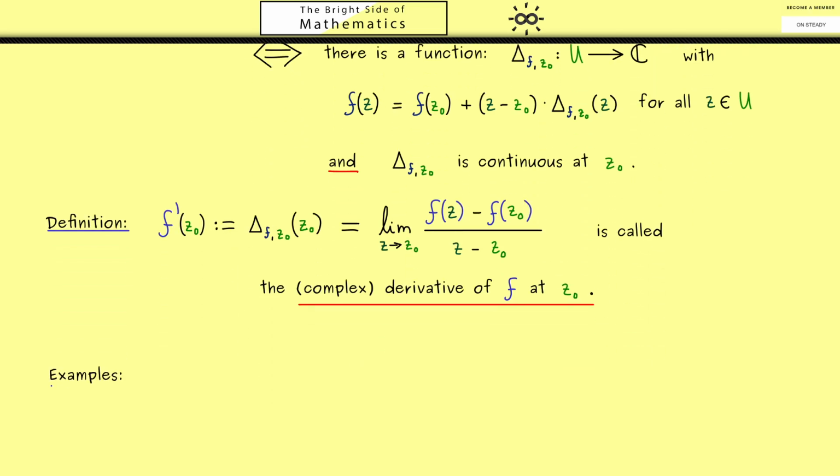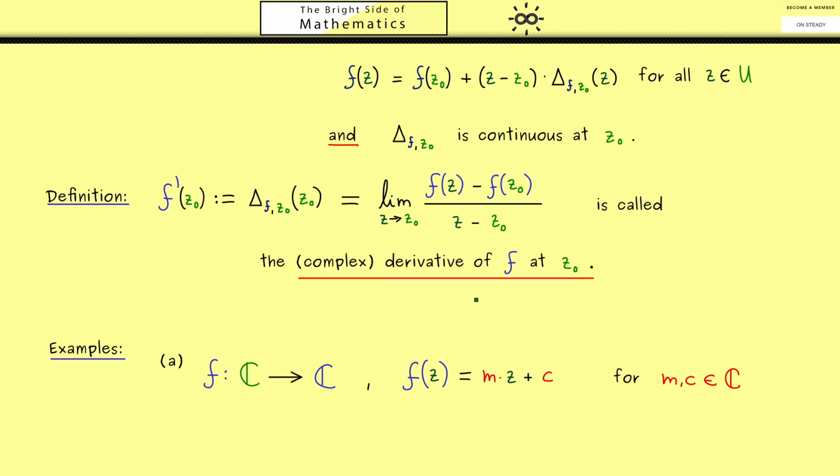The first one we consider should always be the linear polynomial, but now the complex valued one. So we have a function f where the domain U can be chosen as the whole complex plane C. And the definition of this complex function would be f of z is equal to a complex number m times z plus another complex number c. So this is simply the common linear polynomial, but now complex valued. There, because the function is already linear, a linear approximation will not change so much. However, let's try, for a given z0, to rewrite the function in this form.